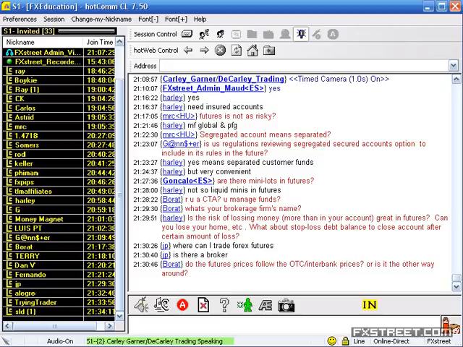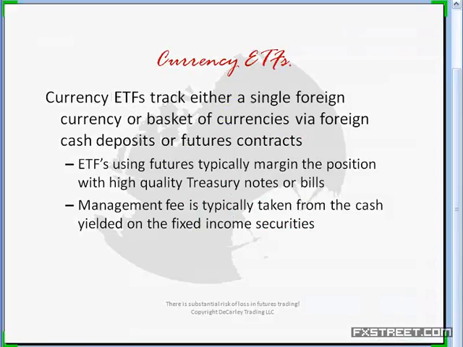Okay, really briefly, I know I'm running out of time here, but I just want to touch on currency ETFs, exchange-traded funds. A currency ETF tracks either a single foreign currency or a basket of currencies via foreign cash deposits or futures contracts. Probably the most popular one is the FXE, which is the euro, but there are a lot of others out there. There's UUP, which is the dollar index. And all of these things are great in theory,